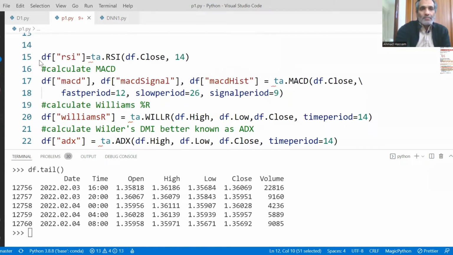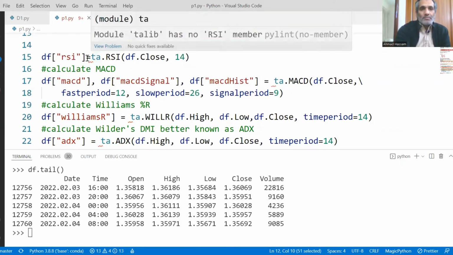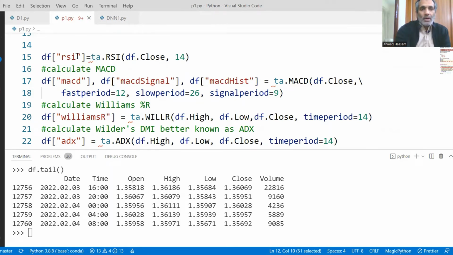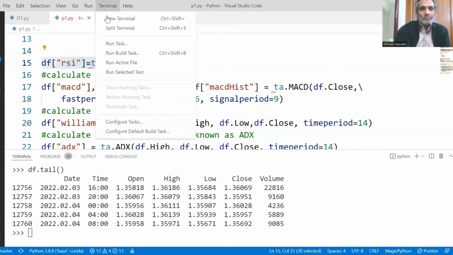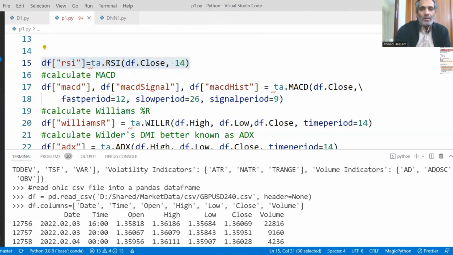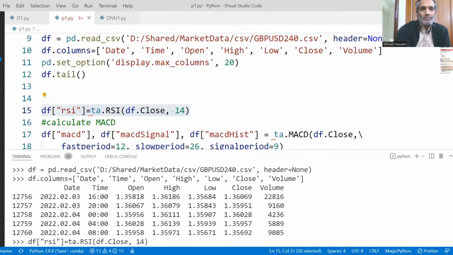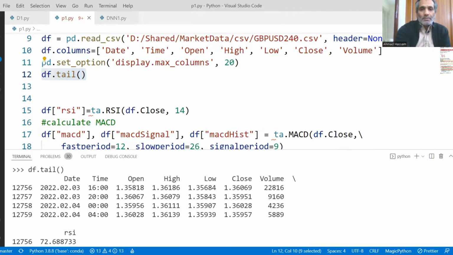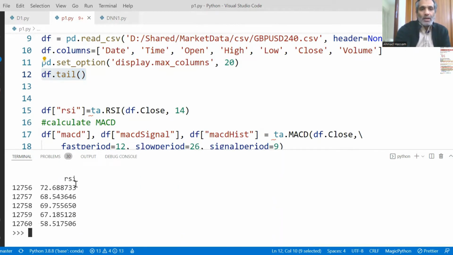Let's calculate RSI. First, we're going to add a new column RSI to our data frame. Let's see. You see, now there's another column, RSI.